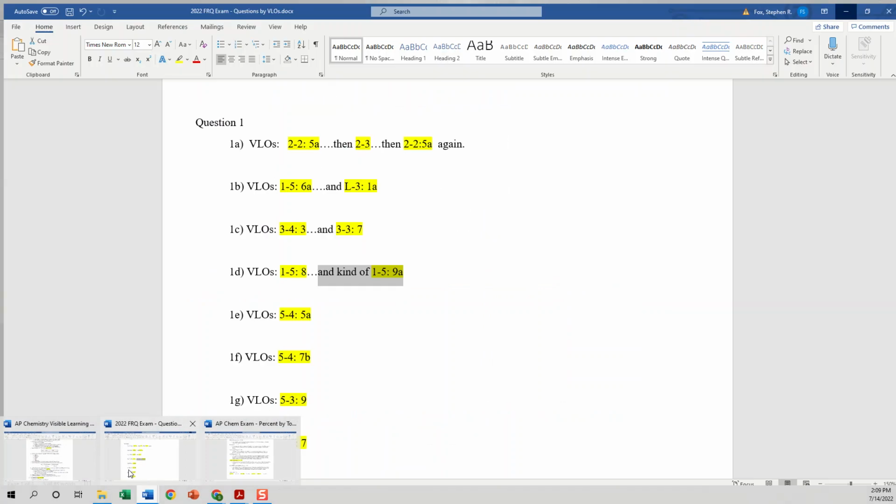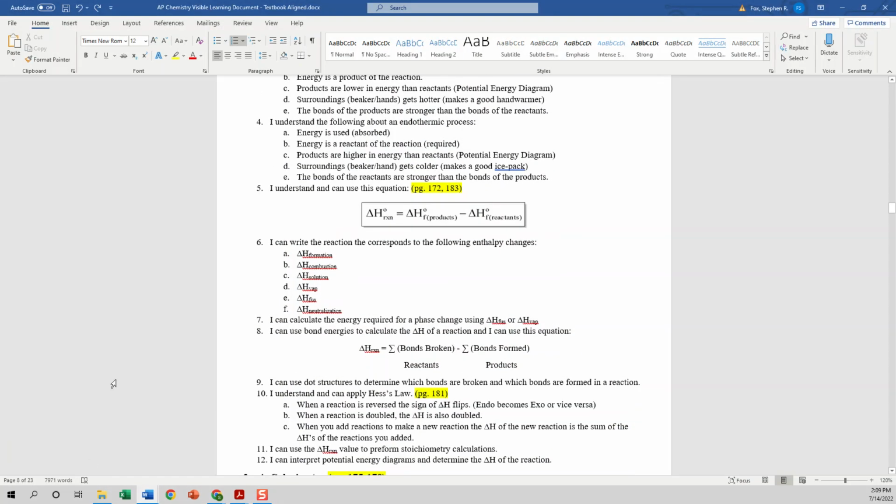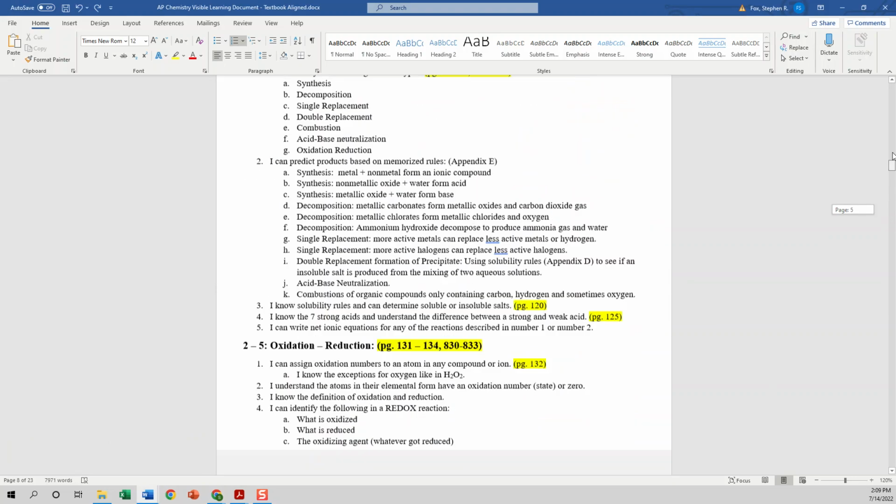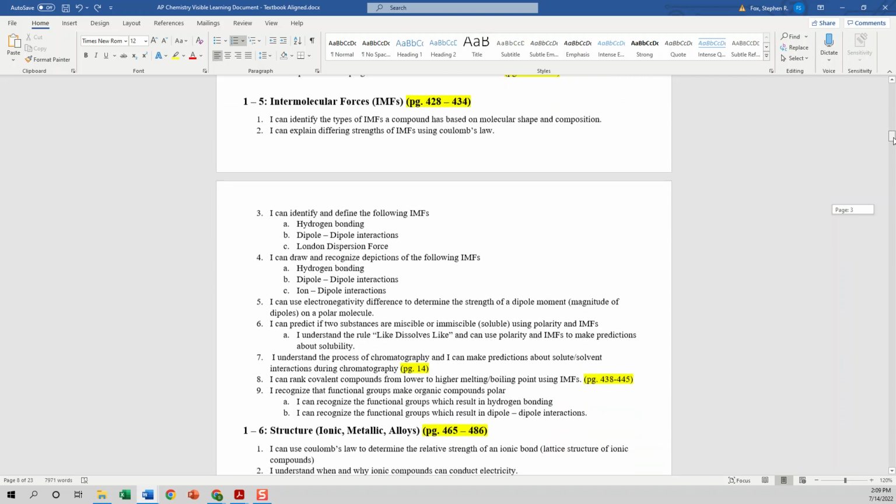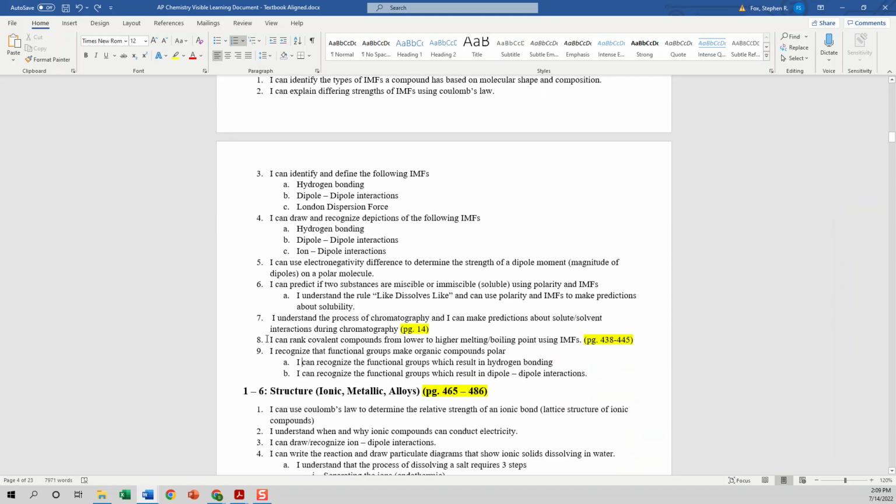So if you look at the VLOs here, it's 1-5. We're in intermolecular forces again. So 1-5 8, this is the main one. Understanding why something has a higher melting point than another thing, using IMFs to explain it. But 1-5 9A, I can recognize functional groups that result in hydrogen bonding, and B, I can recognize functional groups that result